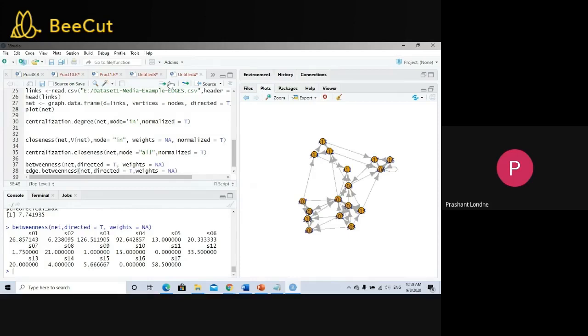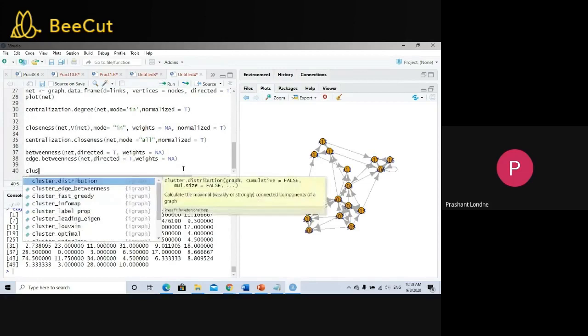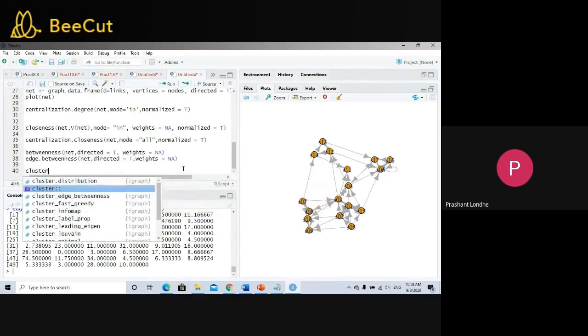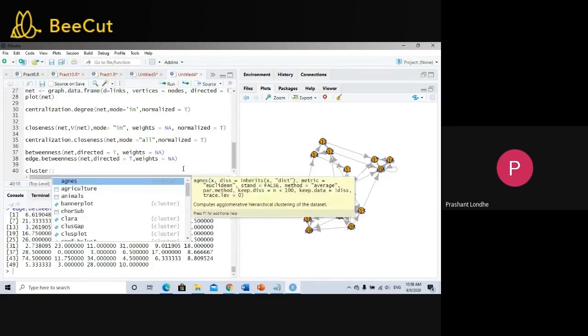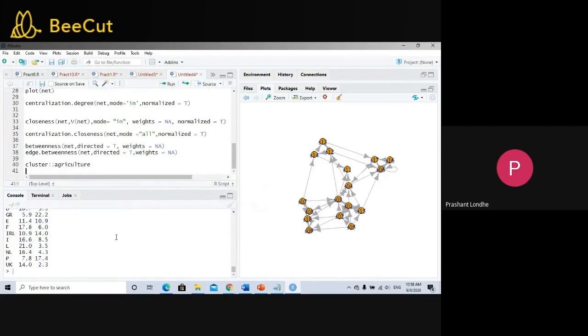In this way, you're going to get the edges. Now we'll see about the cluster. No, we cannot calculate the cluster as of now, but we'll see it later.